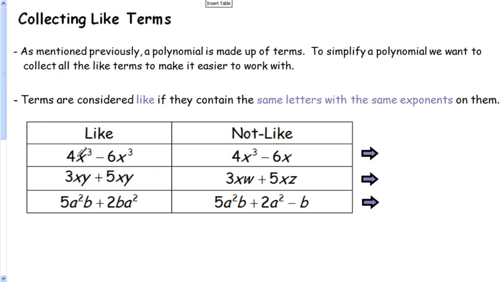These are like terms because we have an x here and an x here, and the exponents, the 3 and the 3, are the same. Even though the coefficients are not the same, that doesn't matter. They are still considered to be like terms because the variables and the exponents are the same. Here, like terms as well, we have an xy and an xy, and of course here they're like terms as well. Even though these two are not written in the